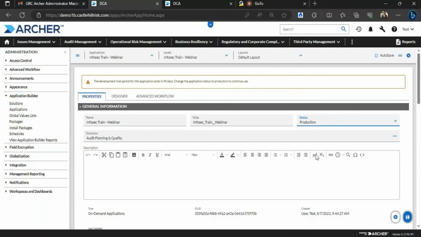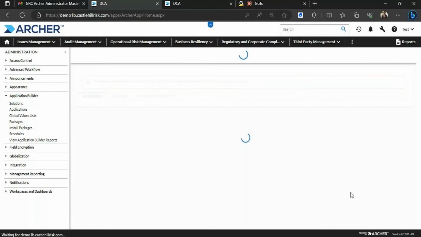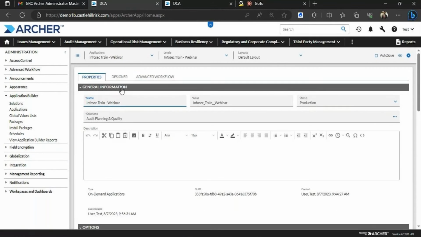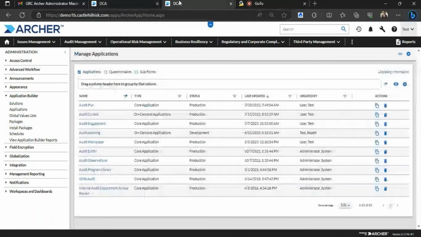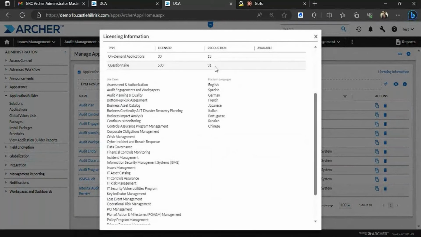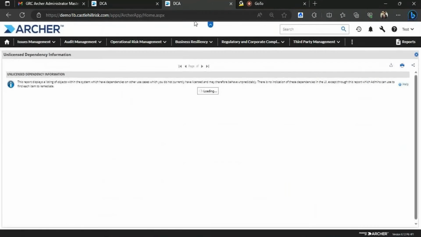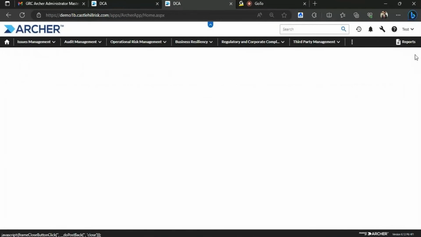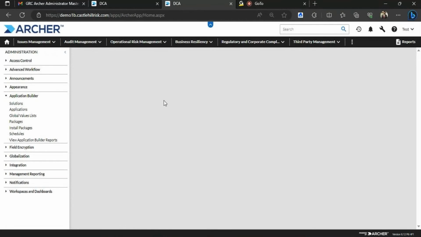Now if I change the status to production again, you'll see that this message has gone away and one of my licenses would be utilized. Let me show you very quickly. If I click on licensing information, I'll see that I have been licensed for 30 on-demand applications, out of which 13 are in production. Now, if I change the status for a few of the on-demand applications I have, like this one,